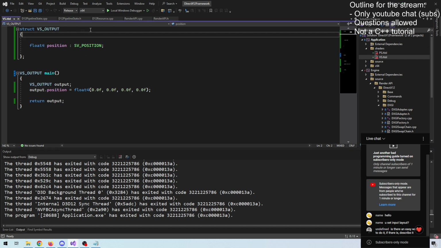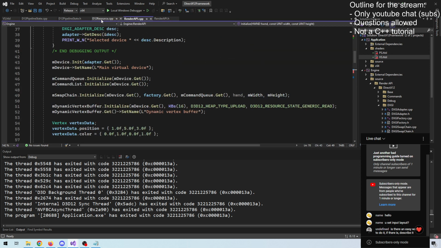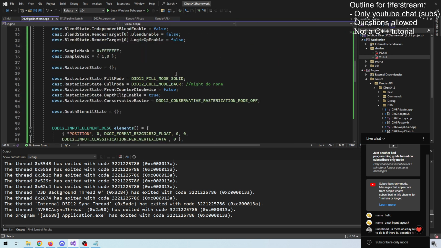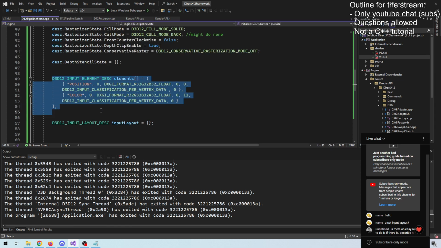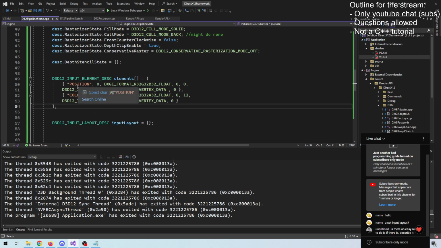So let's create a data structure that actually mirrors our pipeline state, because we told the pipeline state that we expect this input for information. The problem is that